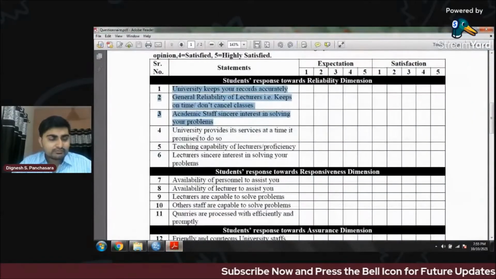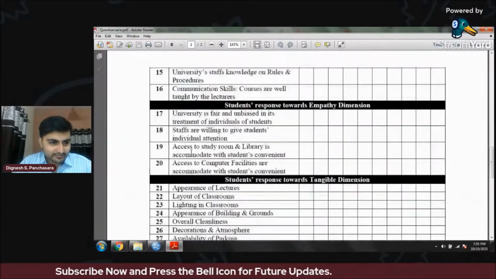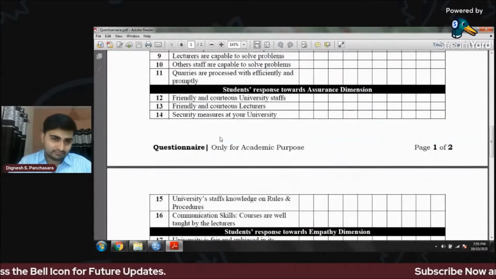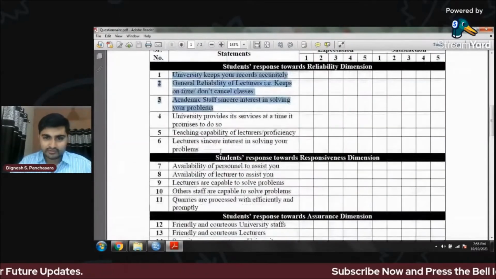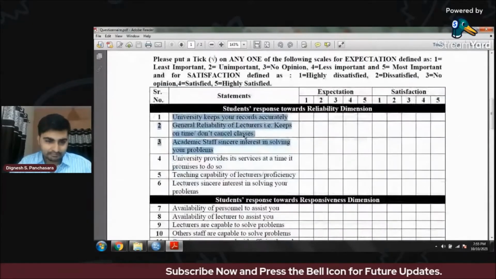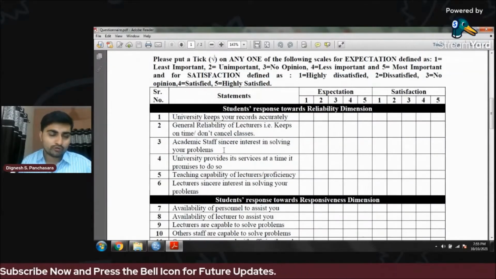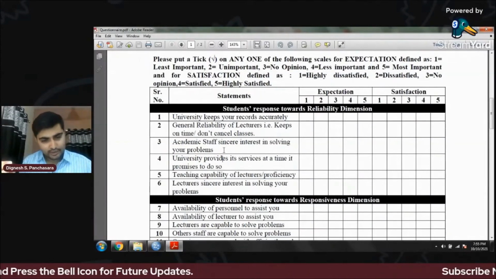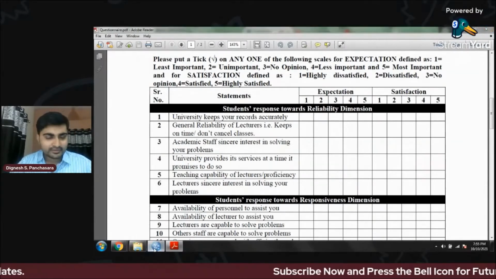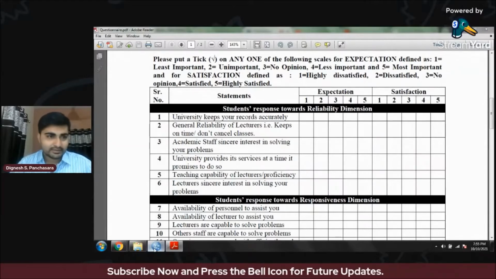Same, we can add all the statements like this, 31 statements, or if you have more than 31. This questionnaire is only 1 or 2 pages, but if, for example, you are pursuing a PhD and you have a questionnaire of more than 4 or 5 A4 size pages, you can add everything simultaneously. For example, we are adding only these variables.